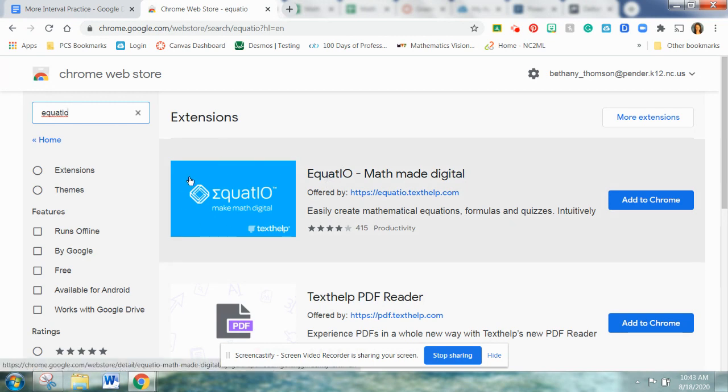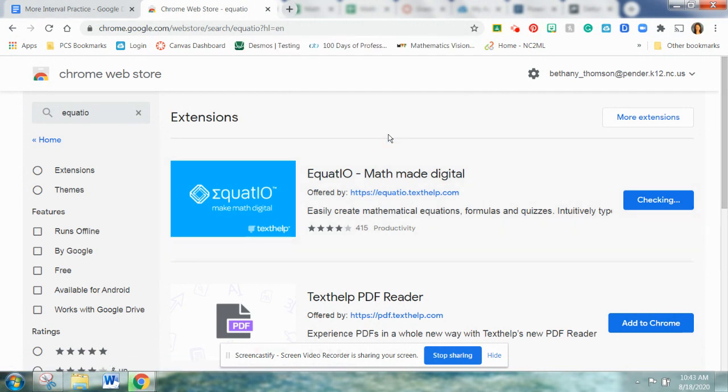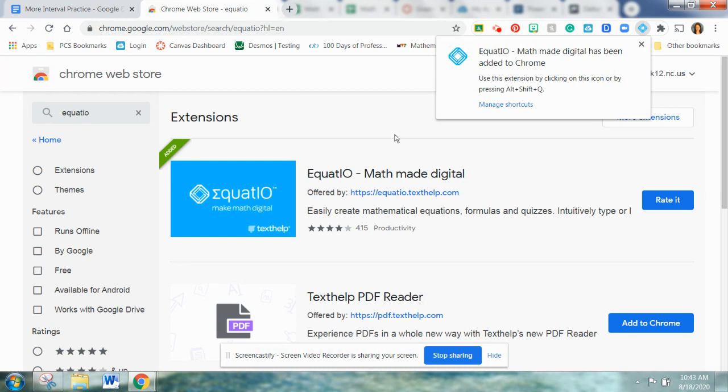This is what the picture will look like for the app. It's called Equatio Math Made Digital. I'm going to add this to Chrome, and I'm going to click Add Extension. Now I have already had this extension added previously, so when you go to open this, it might be